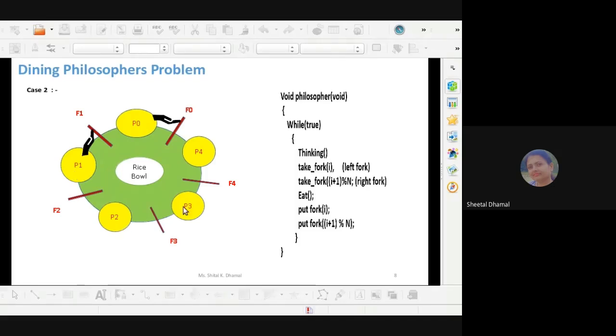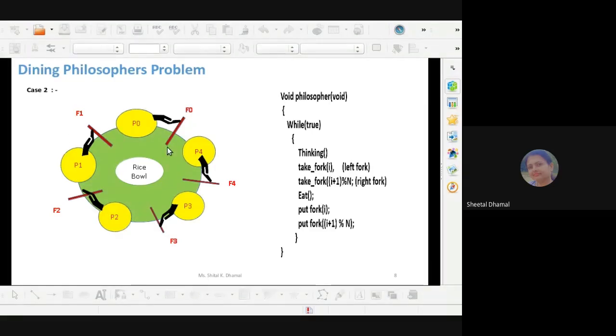And suppose process P2 enters the run state. Then process P2 will perform the same action. He will pick up the fork on his left hand side, that is fork F2, and again process P2 is preempted because of process P3. Process P3 executes the philosopher function and picks up the fork on the left hand side, that is F3, and P3 is preempted because of philosopher P4. So P4 enters the run state and picks up the fork on the left hand side, which is F4. And now you can observe that there were only 5 forks and 5 philosophers, and